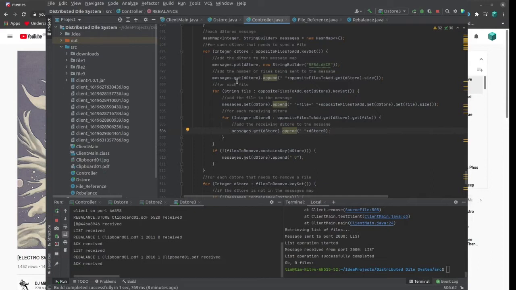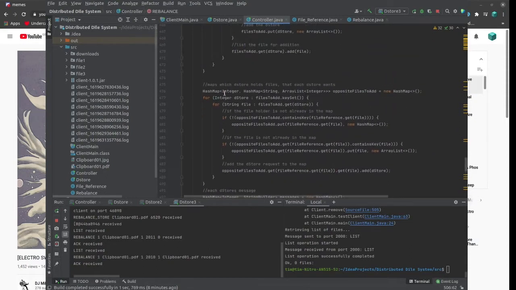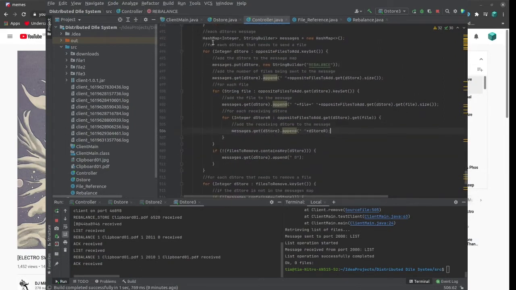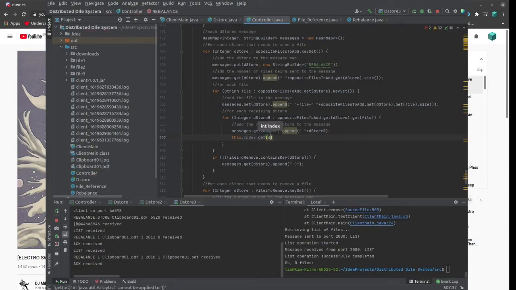So now I have to figure out where I'm adding everything. For each receiving dstore, add the receiving dstore to the message. So the receiving dstore, yeah, that's the one we want. So this is in the file. Map which dstore holds files that each dstore wants. Yeah, okay. So each dstore is a message. So this is the ones that we're sending. Each dstore that needs to send a file, that's no good. For each dstore receiving, yes, this is what we want. This .index .get dstore r